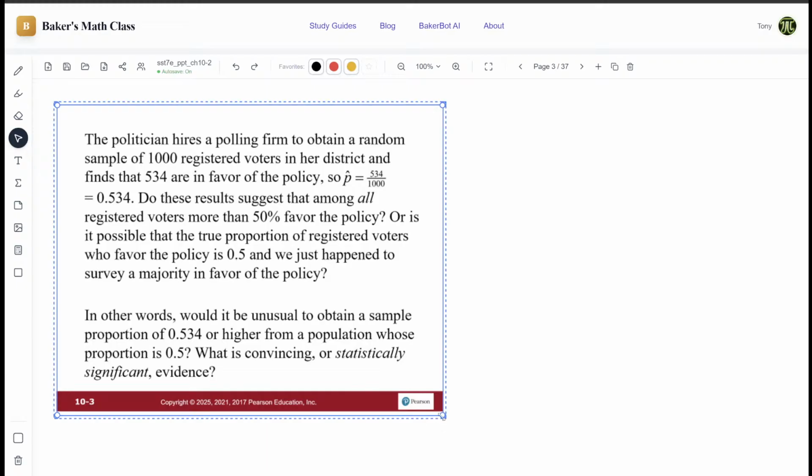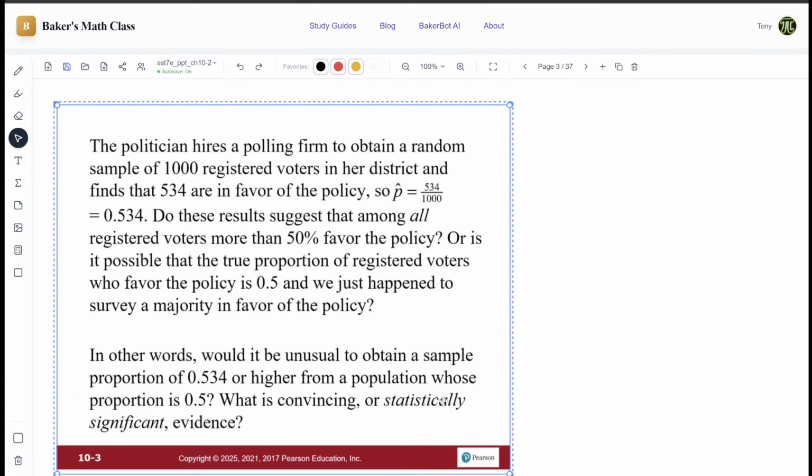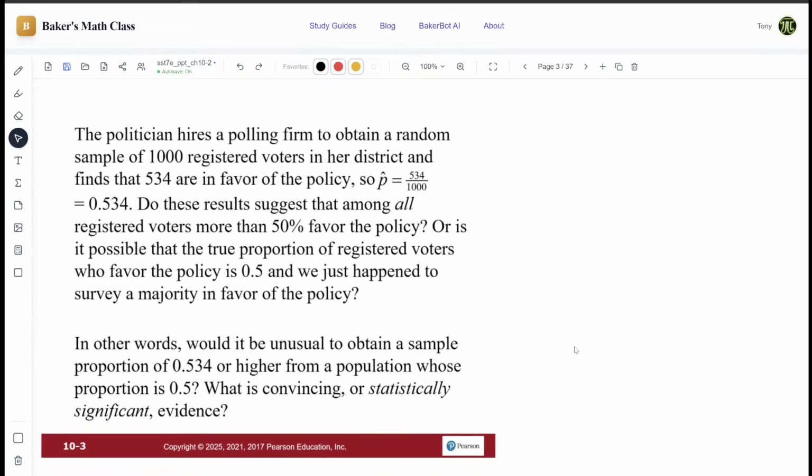On to actually hypothesis testing. So we talked about the null hypothesis and the alternate hypothesis on Tuesday, and now we're going to actually use them. So if you get a number, so like